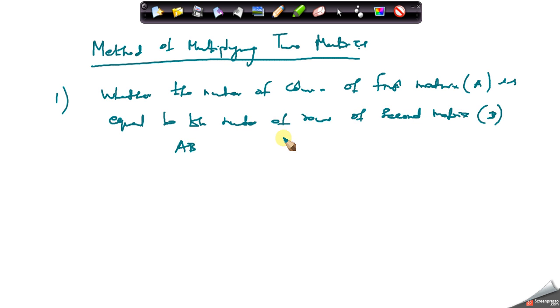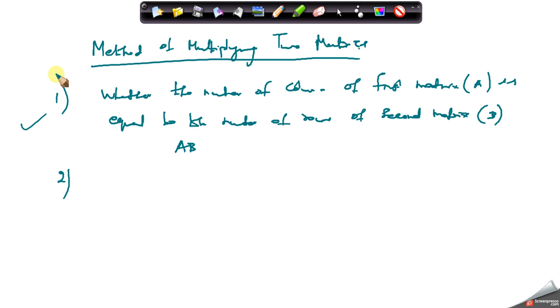So if this is not satisfied when you are looking at the question, then we can clearly say AB is not able to be defined in this case. If the number of columns of the first matrix is not equal to the number of rows of the second matrix, then we can say AB is not defined. The product is not possible in this case. So it has to abide by this first rule, rule number one. Okay, rule number two,